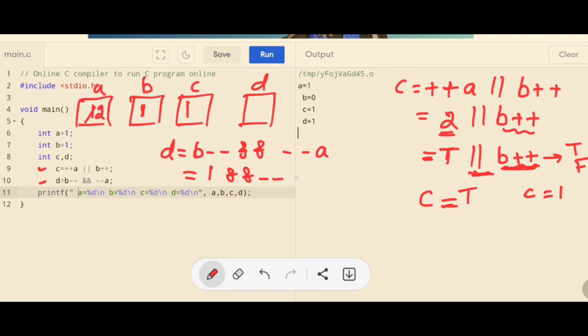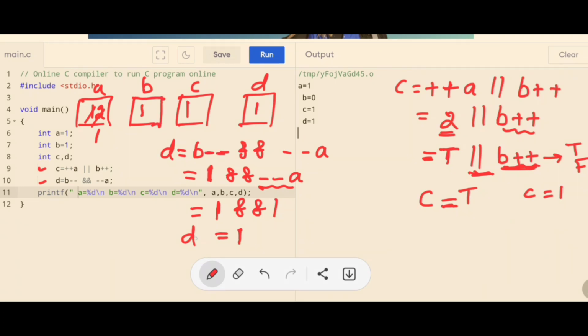what is that next expression? Minus minus a. Minus minus a is what? It is a pre-decrement. Pre-decrement is first decrement the value and then assign it. So we have to first only decrement the value. Present value is 2, the new value of a becomes 1. So now you are having for the second sub expression the value as 1. So 1 logical ANDed with 1, it is 1 only, it is true. So the d value becomes now